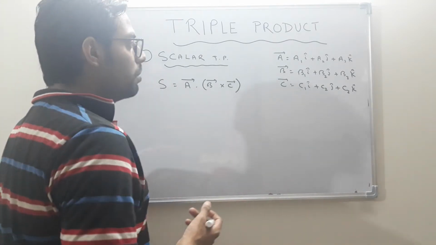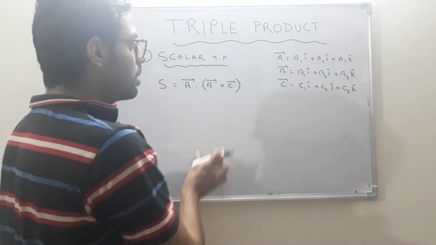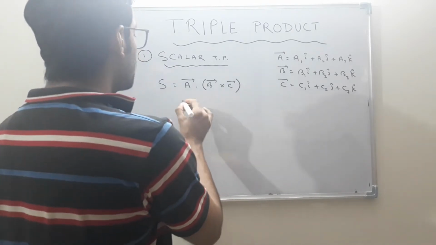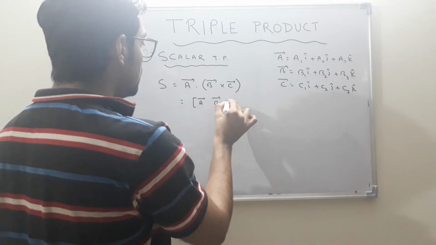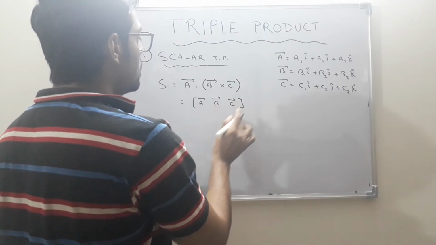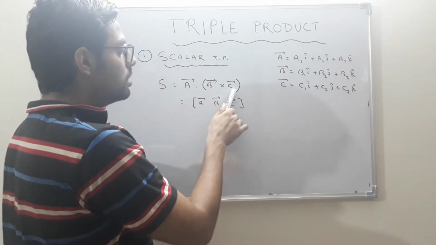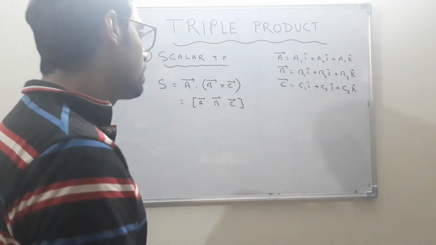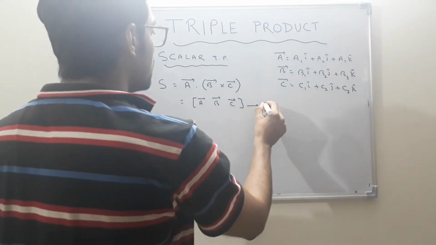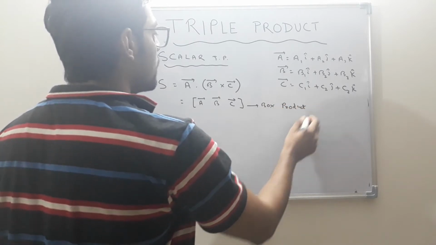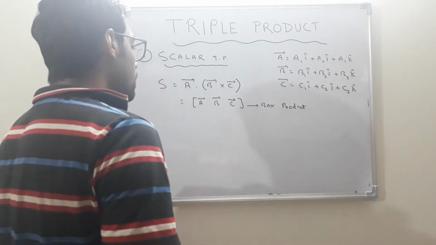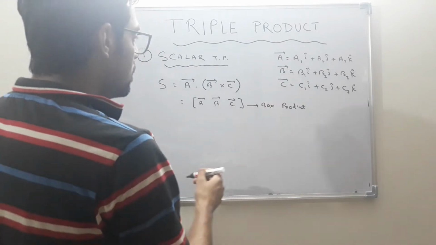First of all let me tell you the mathematical form of this scalar triple product, how it will look. It is also represented by box ABC, the box of A, B and C, taken in the order A, B, C. It is also called the box product. These are the different terms used for this scalar triple product. So what will be the mathematical form of this scalar triple product?